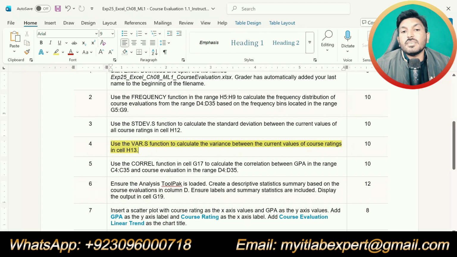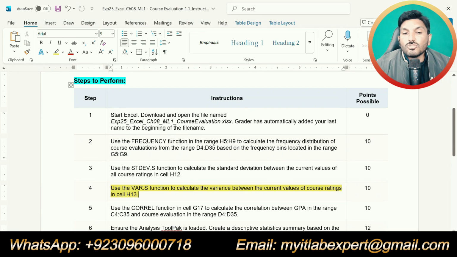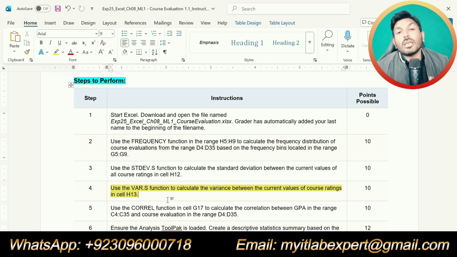Step number 4 is saying use the VAR.S function to calculate the variance between the current values of course rating in cell H13. Similar to the previous step where we calculated the standard deviation for a sample, and the sample is the course rating, now we are going to calculate the variance of that sample.